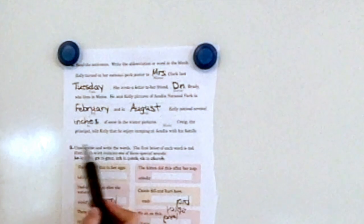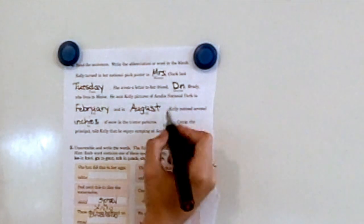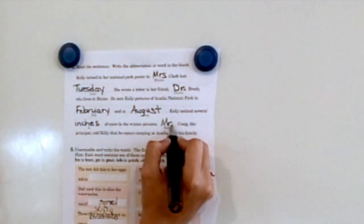Mr. Craig, the principal, told Kelly that he enjoys camping at Acadia with his family. So instead of writing out the word Mister, we can just put the abbreviation for Mr., capital M, lowercase r, and a dot, a little period. Okay? Very good job. We're going to go ahead and move on to page